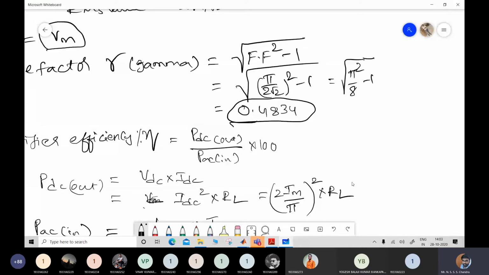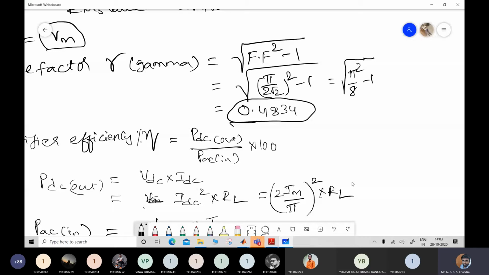So in a rectifier, our aim is to get a constant DC. If you have a ripple content or a wavy waveform in the output, then it is not desirable. We need to get ideally constant DC. However, even after using the full wave rectifier, we are still unable to get constant DC. We are still having some ripple content. So this ripple content should be as low as possible. This gamma ideally should be 0.